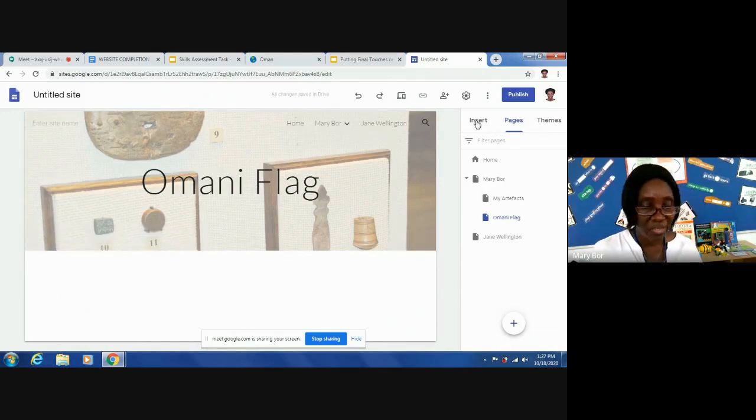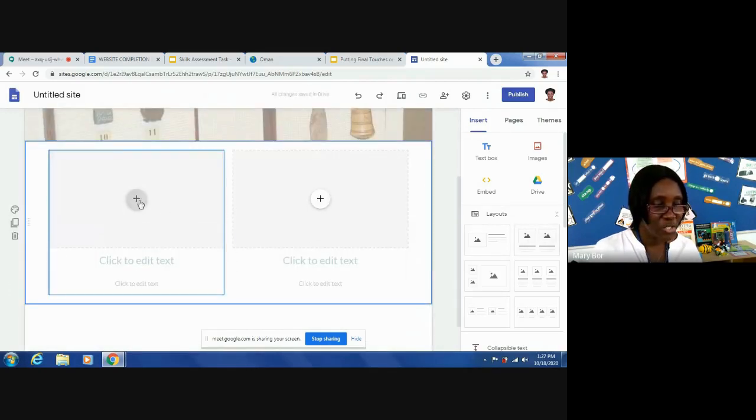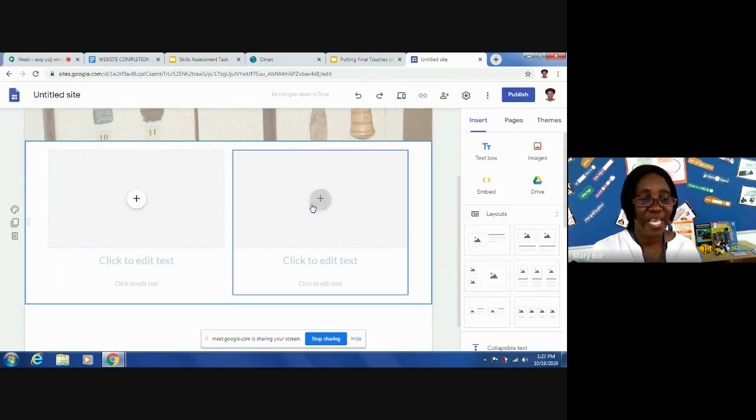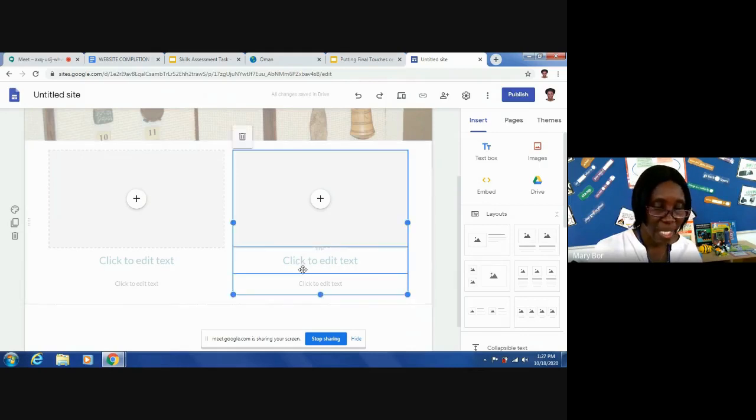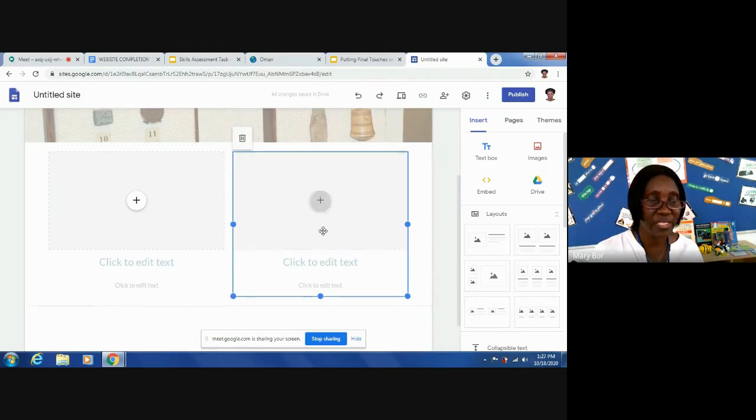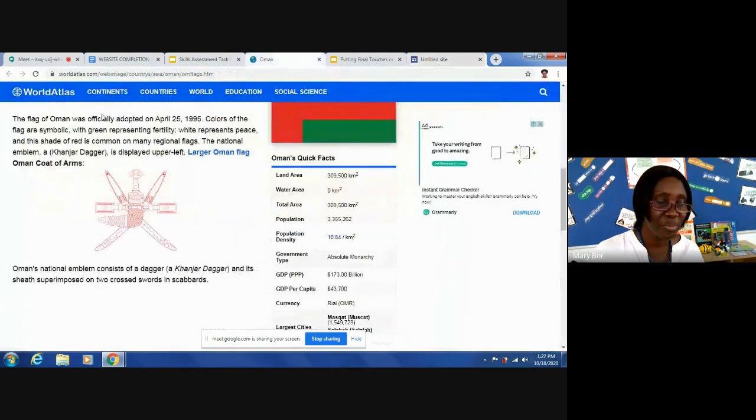To change the layout, remember we go back to Insert, and then we say 2 pictures. So we choose this one layout here. Click. And now you have 2 boxes. In one box, put the Omani flag. In the other box, put the emblem or the coat of arms. And then below them, you type a description. And where have I said you're going to find the description? You can find the description on this page. So this page will help you find a